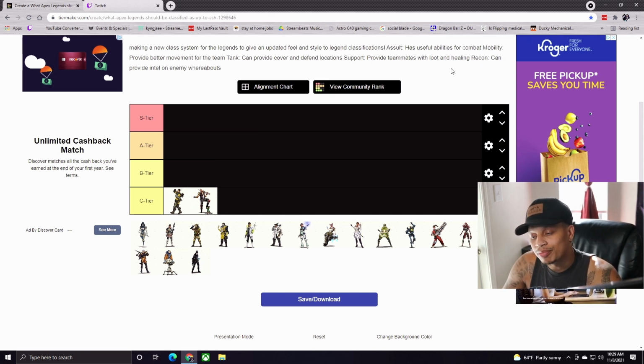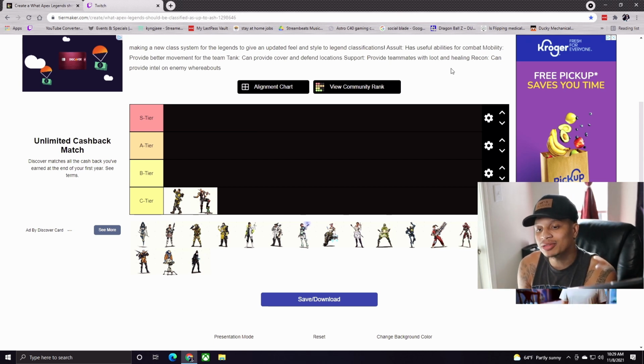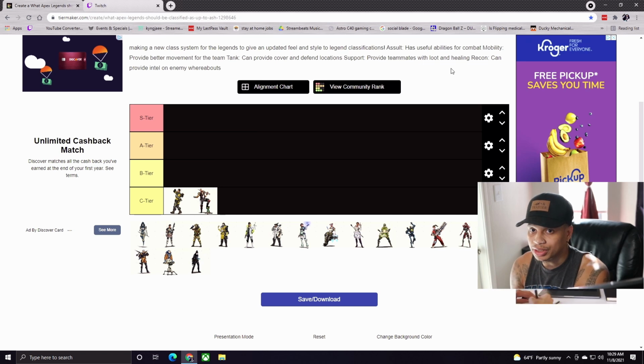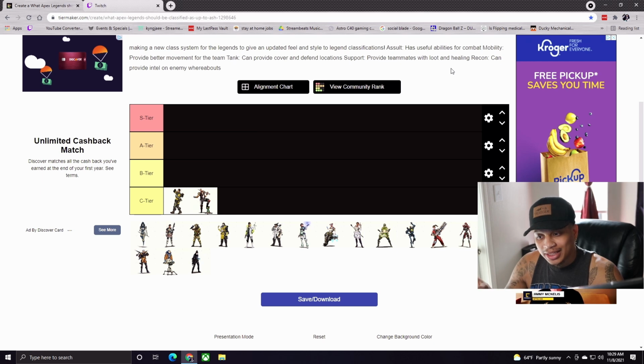But on this map, I don't know if Fuse is necessarily going to be needed, because if we were on World's Edge, I might, not necessarily guaranteed, but there's a slight possibility I move Fuse up to a B tier because of how World's Edge is and everything like that. Fuse might then become a little more valuable. But as of right now, on the new little tropical beach island, whatever it's called, I don't think Fuse as much